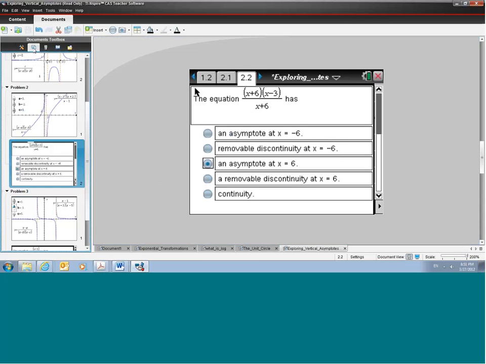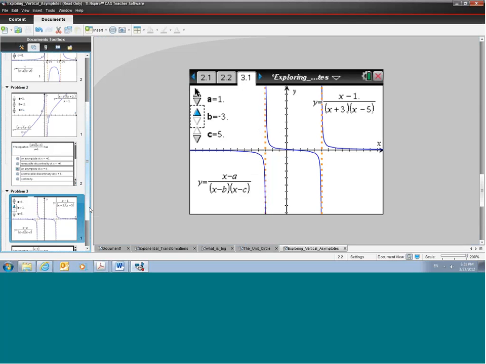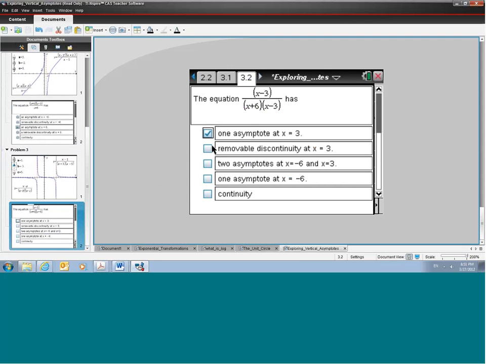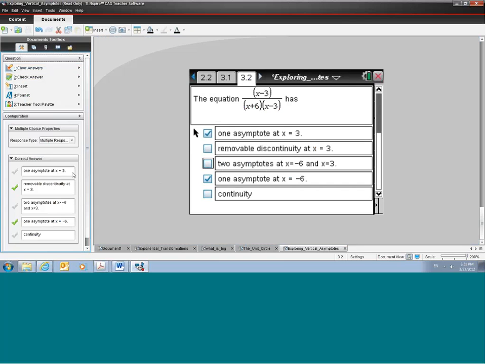There's another type of question document. Here's some more explorations. Here's another type of question document. Notice that the checkboxes are square instead of round. This means I can select more than one, because it's possible more than one correct answer is in there. And again, you can check the answers, can clear the answers to let the next student try, and the teacher has the ability to choose